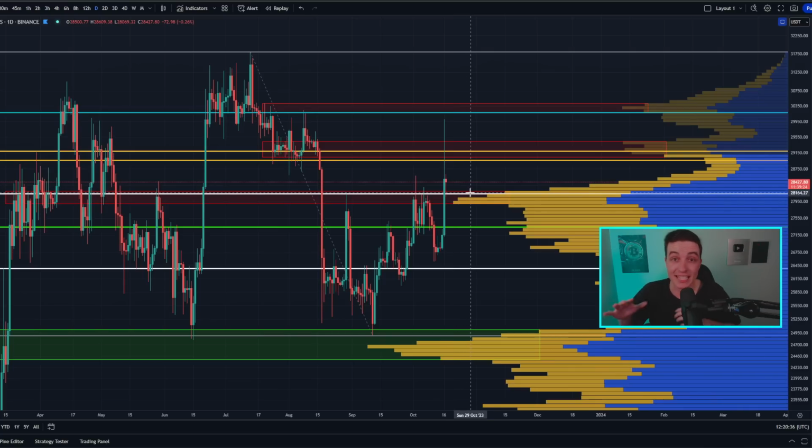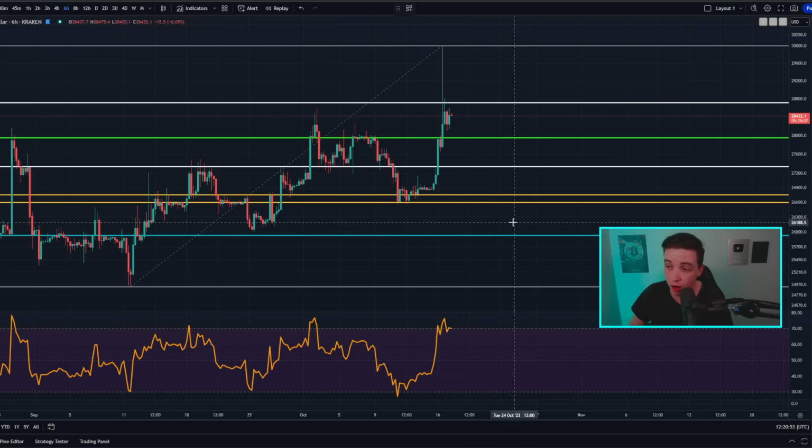So obviously on the daily time frame, these are the important resistance areas to pay attention to now that we have seen an initial breakout above this previous significant area of resistance. And if you're zooming into the shorter term, looking at the 6-hour time frame, right now we could find a bit of short-term resistance at around 28.7k. And as for short-term support, we have this level of support at around 27.9k to 28k.